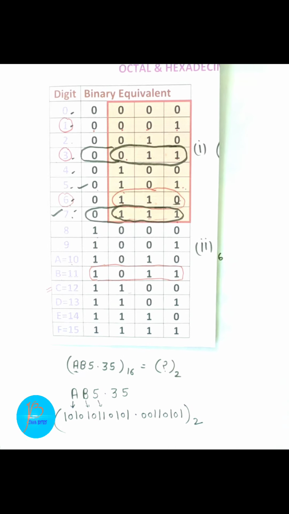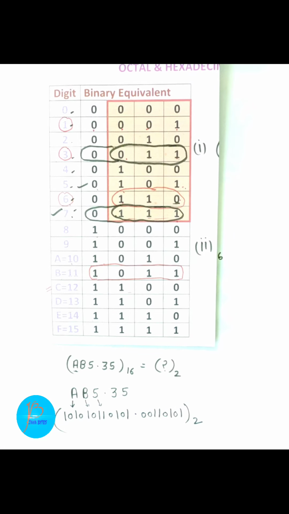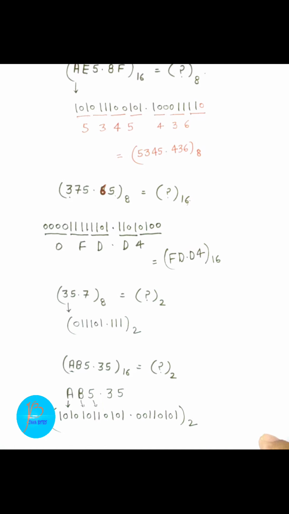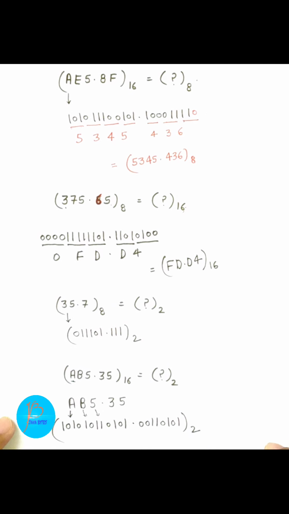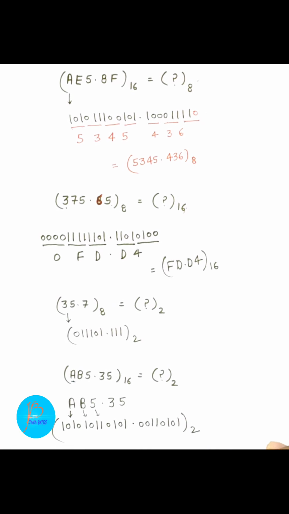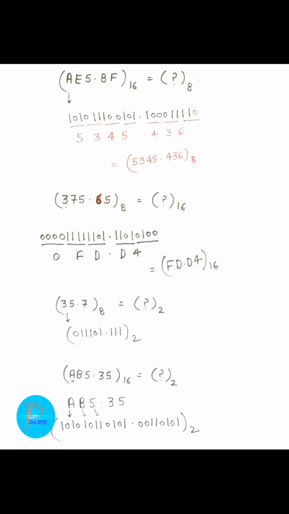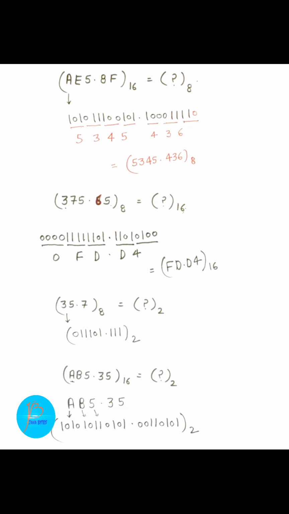So what you have to do is just note down the binary values of these hexa digits from the given table, and you can solve it very easily. Children, if in the question paper you see that conversions of this type are given, you can draw the conversion table in the rough area, and with the help of that you can solve all these problems and find the correct answer in a very short time.